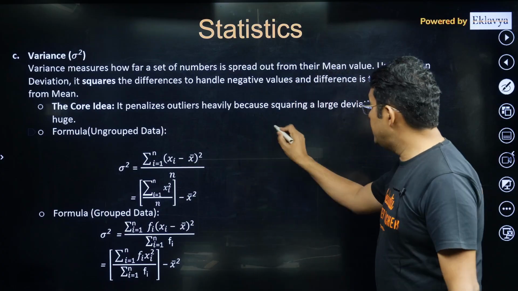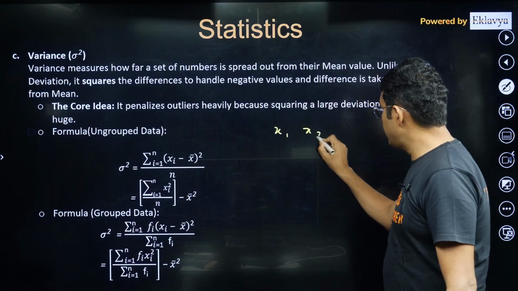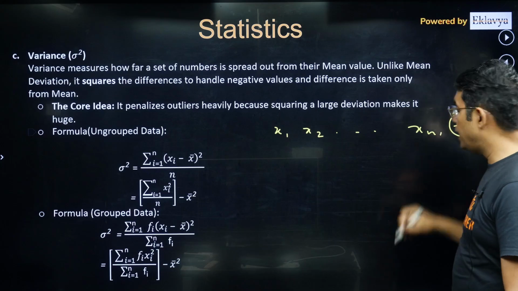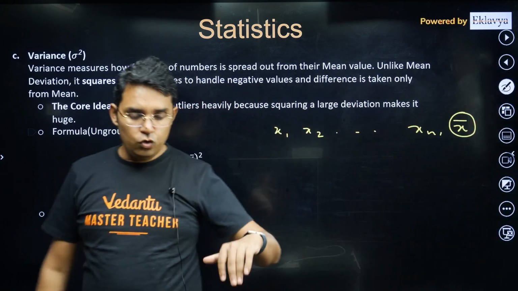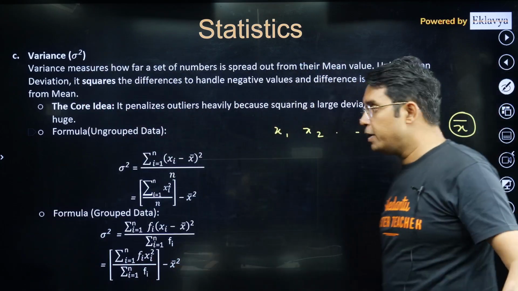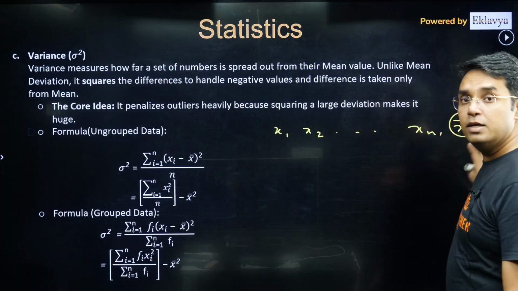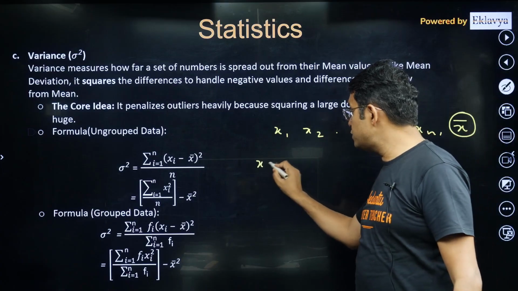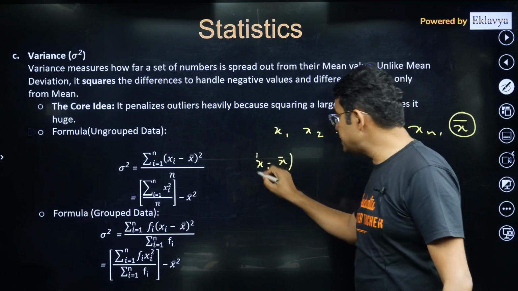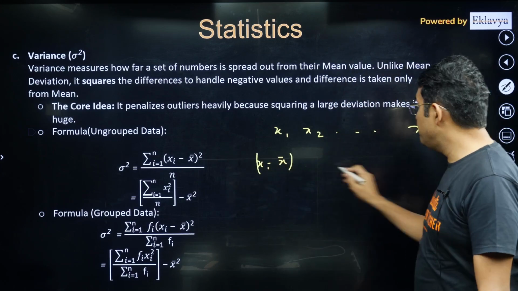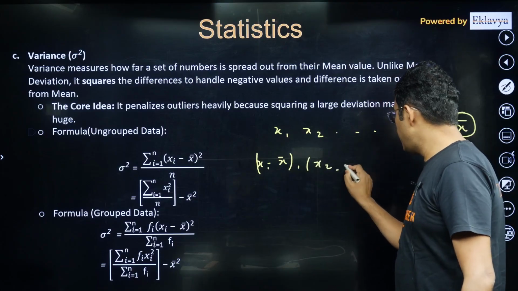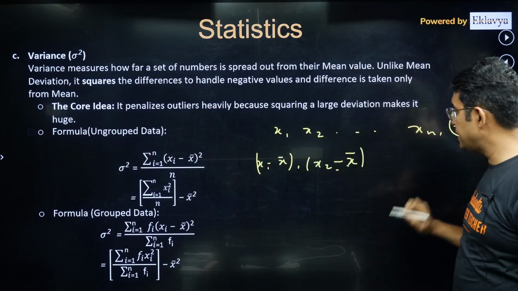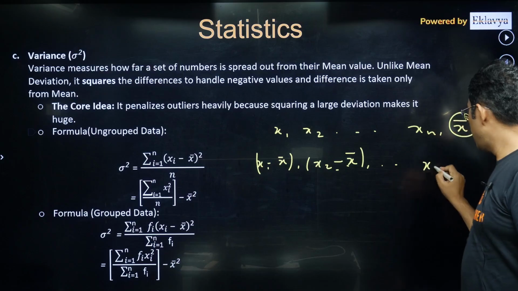In this case, the data that you are given, x1, x2 and so on, xn. First of all, we have to find the value of mean, x bar, although you have some other method also where x bar may not be required. So x1, x2, xn, so you get the mean value x bar. Now we will be taking the difference of each data by the mean value. So you will be getting this data, x1 minus x bar, x2 minus x bar and so on,